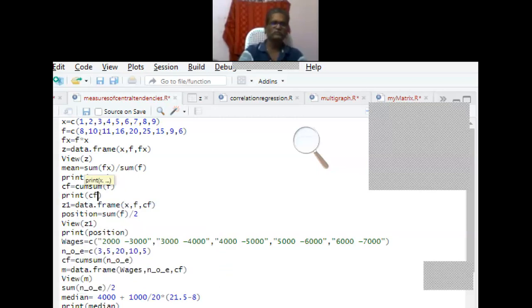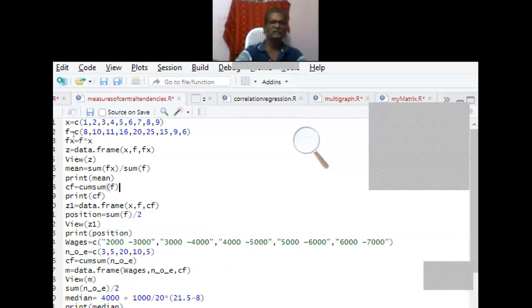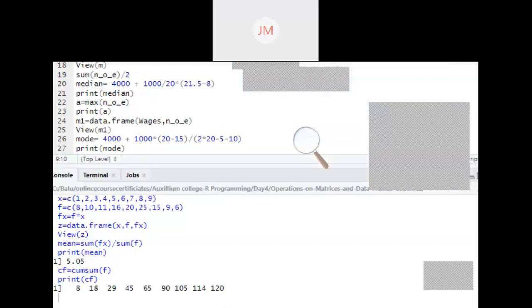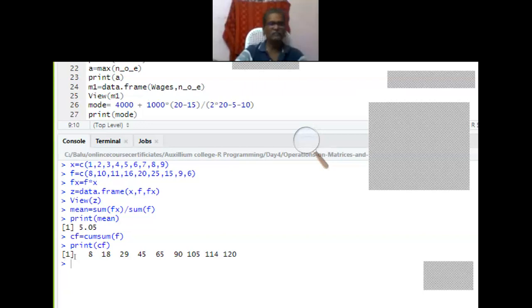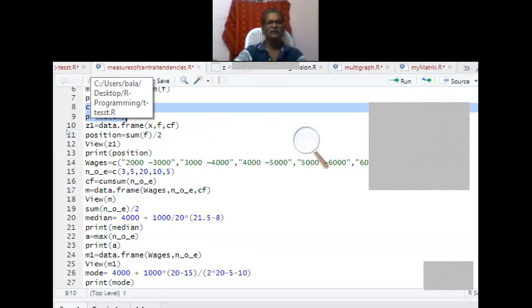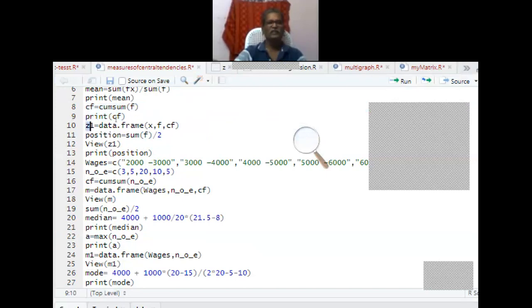I'm executing these 2 commands. Now you see, the CF is calculated by using QSUM of F. Print CF gives the cumulative frequencies. And I'm getting one more data set, Z1 equal to data frame of X, F, CF.